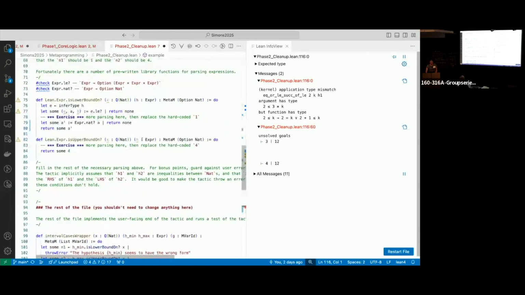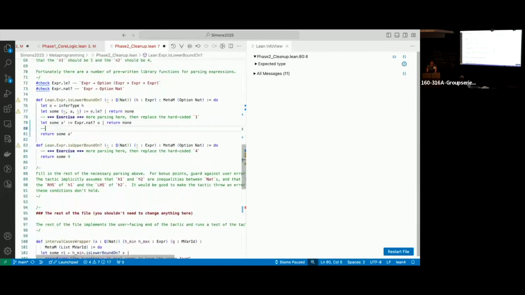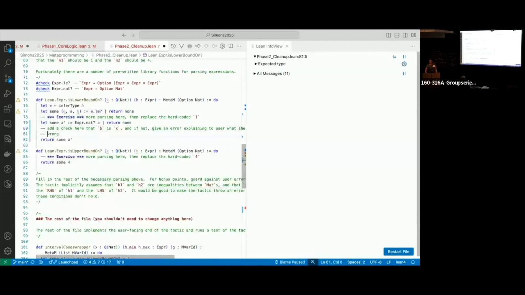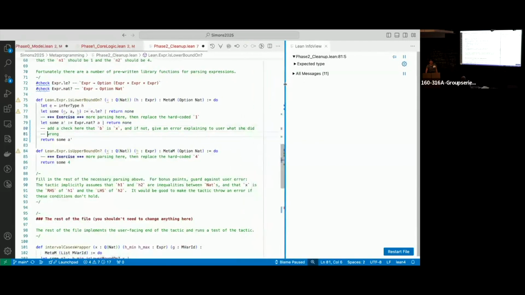So a good thing to do would be, maybe I won't necessarily do that now, but to add a check here that the right-hand side, namely B, is the same as X. Well, maybe we'll do that in a second. And if not, give an error explaining to the user what she did wrong. Okay, and maybe I'll just do that. I could say something like,